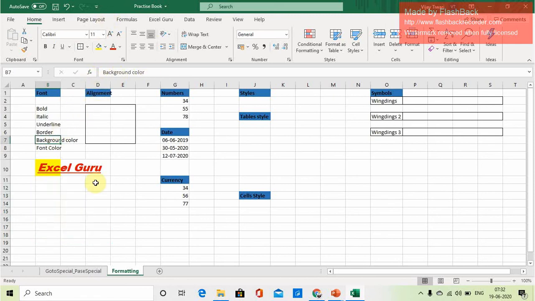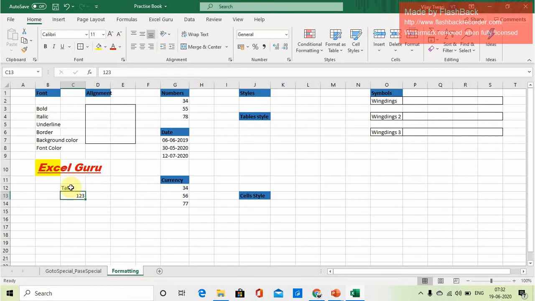If you write anything in any cell, just see the difference. If I write here, let's say, data, it is left aligned by default. If I write some value, 1 2 3, this is right aligned.